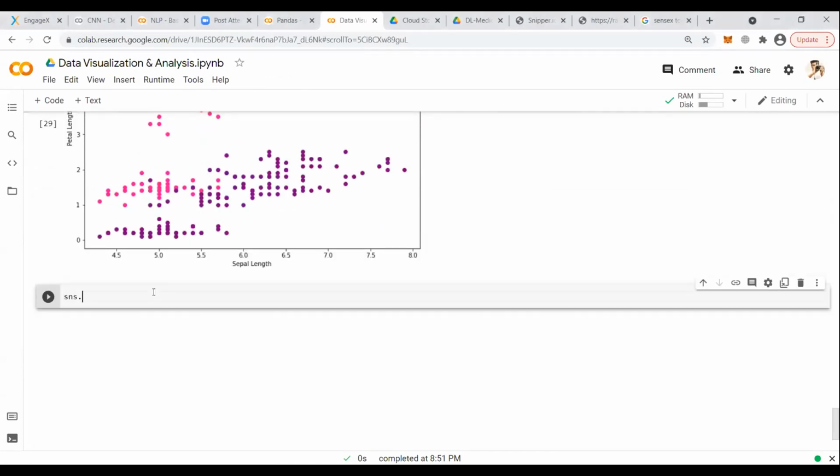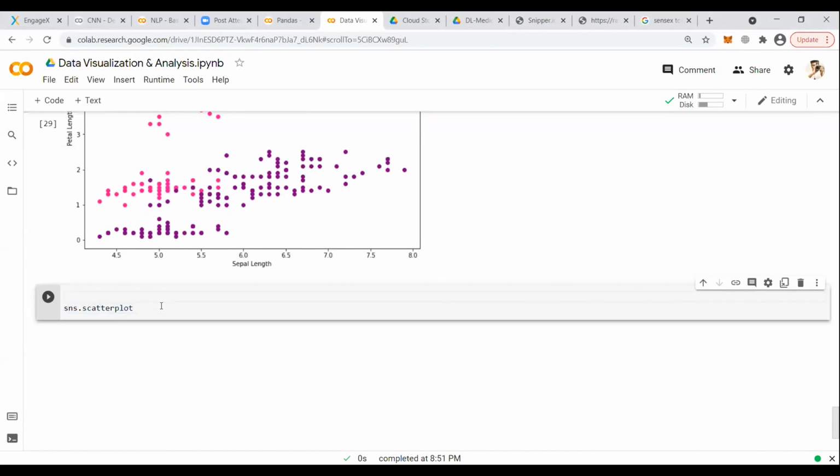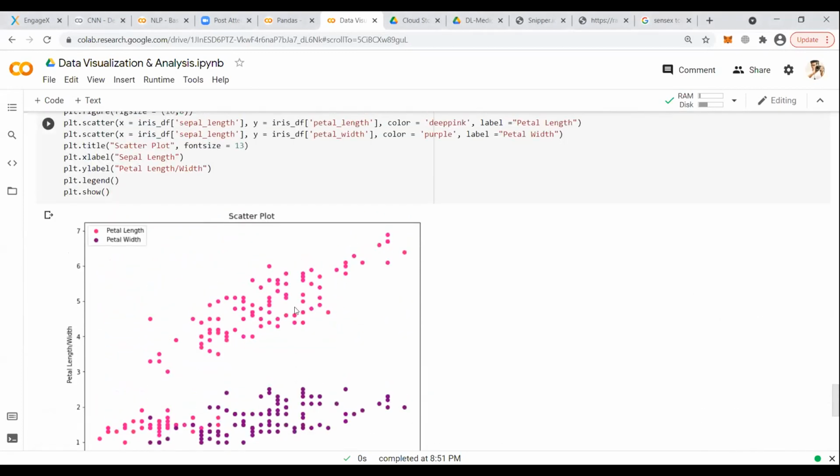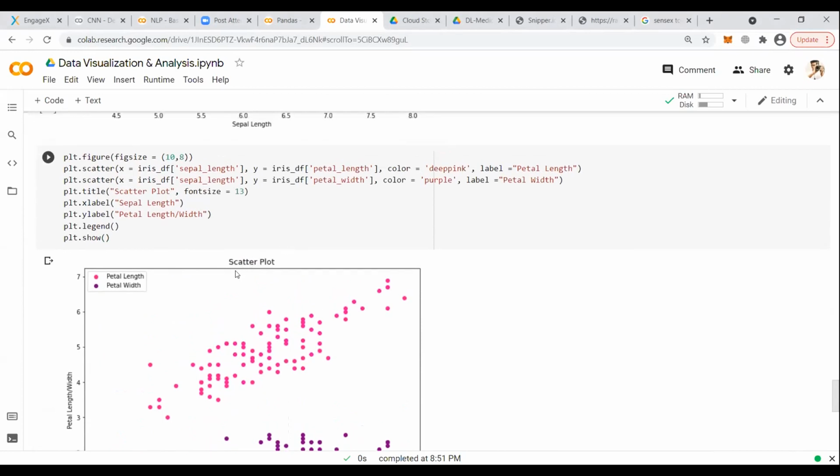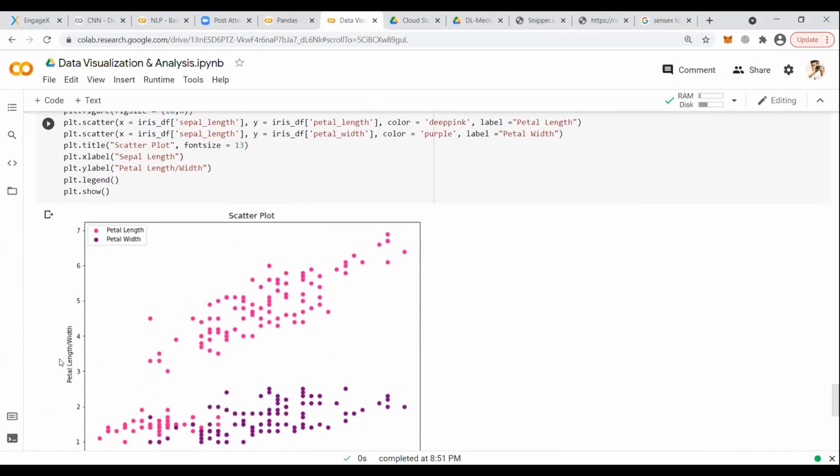Next, sns.scatterplot. Now the same plot we can do with Seaborn as well. In this case, should we use ylabel? Yes, why not? Petal length and petal width, both you can mention, as I mentioned here.